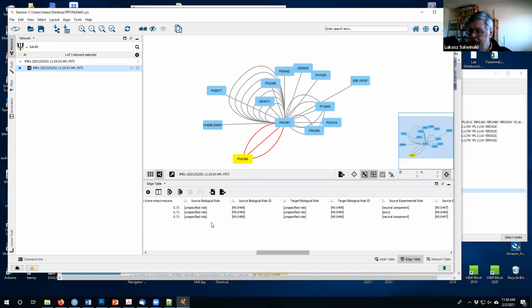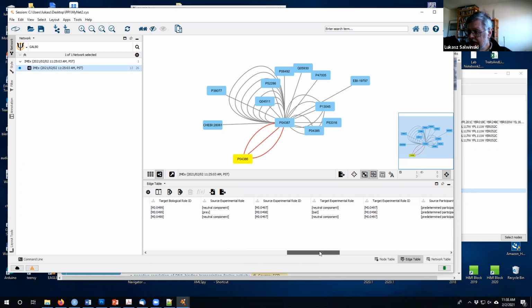And then there is a bunch of other fields related to individual experiments that were performed, and what was the role of the protein in given experiment. Was it modified? There's entire slew of those. We'll go over those tomorrow, and